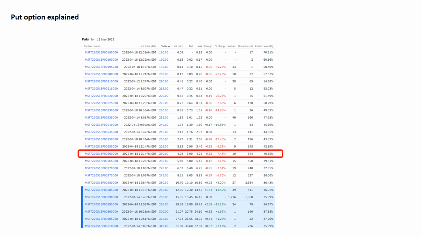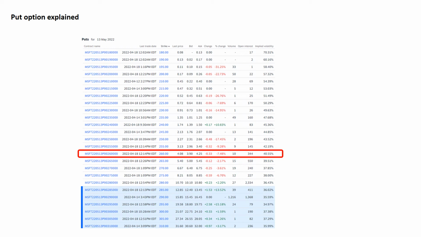Okay, let's look at an example. So again, it is the 18th of April 2022. Microsoft is trading at $270 something. You want to buy it at $260. So you go to the puts option chain. We're picking the same expiry date,